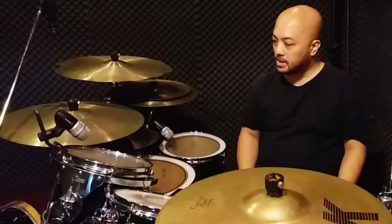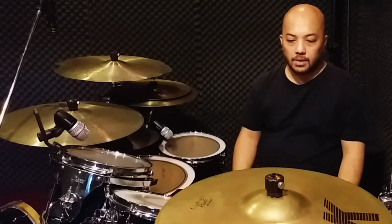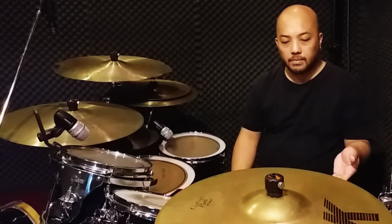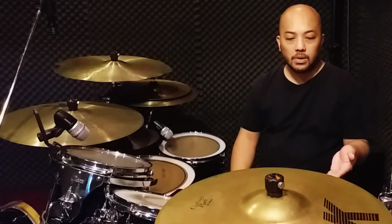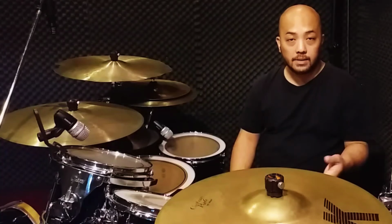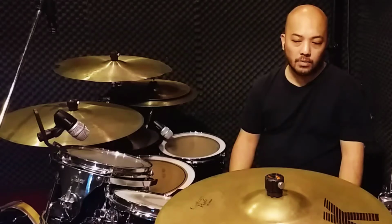Some of my influences are also Steve Smith, Anika Nilles, Benny Greb, of course, and Steve Gadd. Right? Those are the drummers that I listen to. And Vinnie Colaiuta. So the kit almost looks like the kit of Dave Weckl back in the 90s, when he has two bass drums, one small one and one big one, and